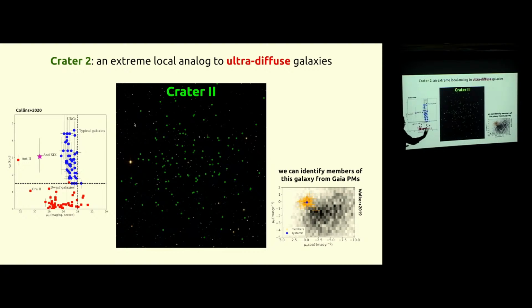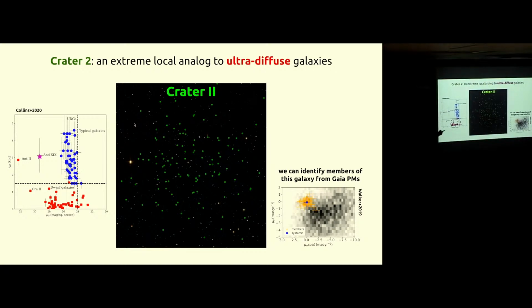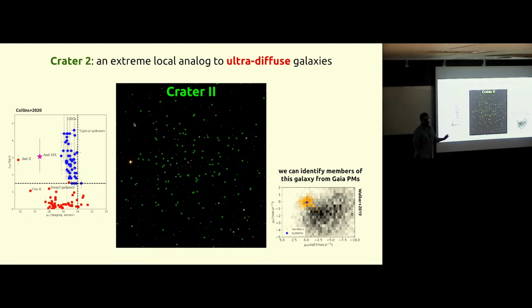However, lambda CDM actually provides you with a mechanism that could produce these very diffuse galaxies, which is tidal stripping. So tidal disruption should be capable of enlarging galaxies. However, this galaxy is diffuse enough that you need to invoke that it has lost 99.9% of its total stellar mass to explain its size. Or you can invoke that your dark matter halo, instead of a traditional Navarro-Frenk-White cuspy halo, is a core halo. So this is why this galaxy is interesting, because you need to claim a core halo in order to explain its size.